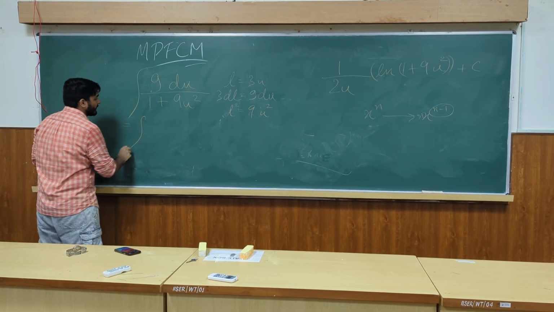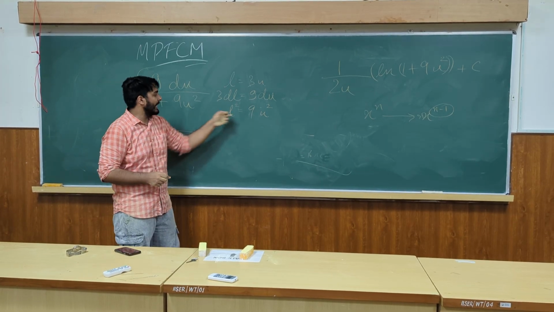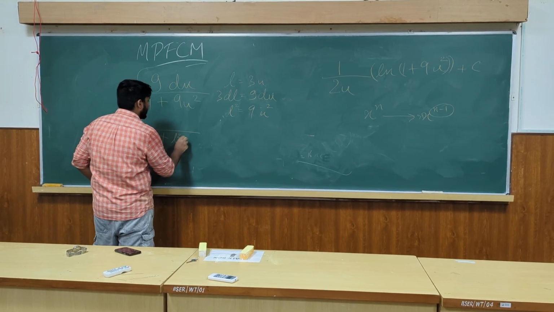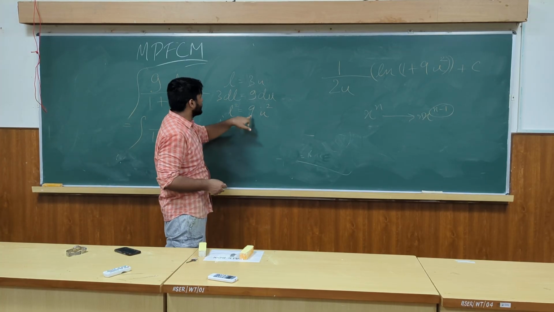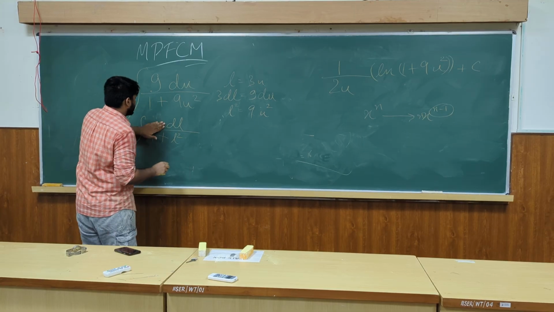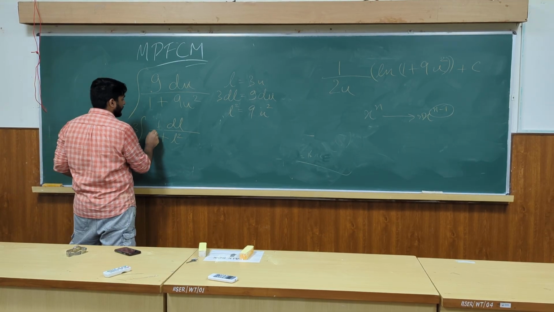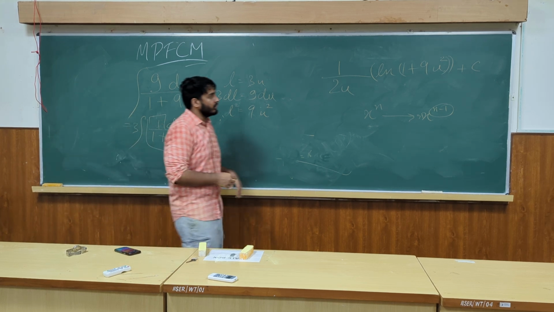And now put it back here. So I have 1 plus 9u squared, where 9u squared is L squared, and then I have 9 du. What is 9 du? 9 du is 3 dL. 3 is a constant, it walks out, and we are left with this. And this is the reason why I already told you that